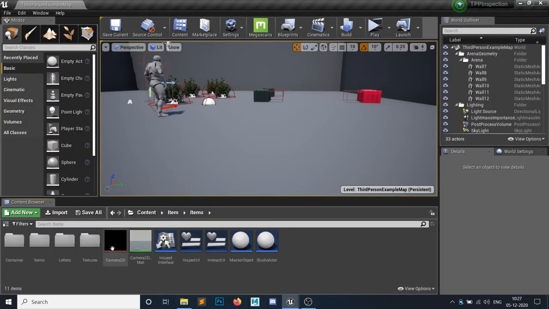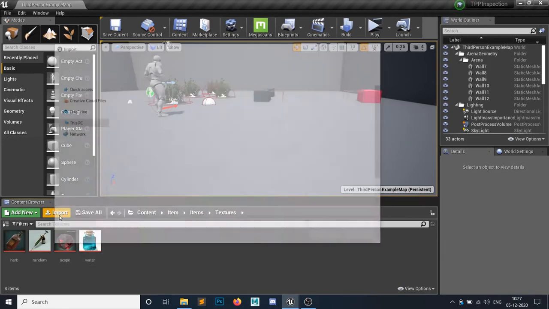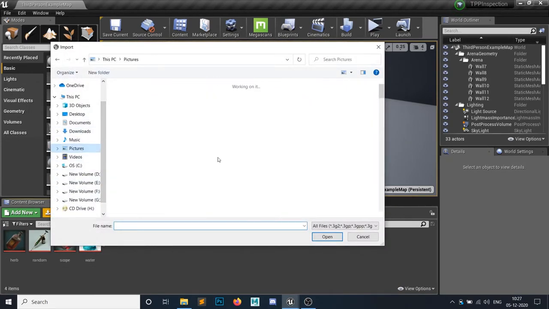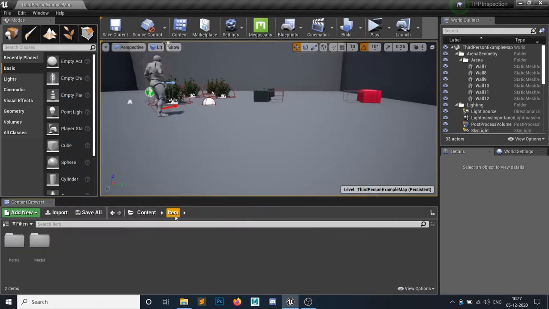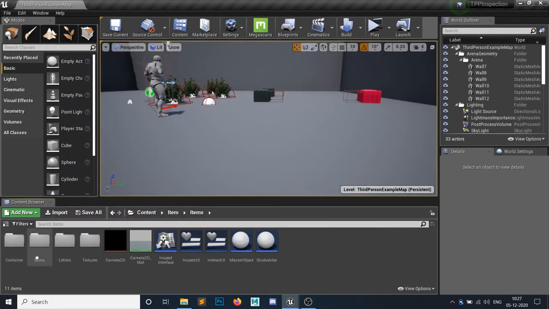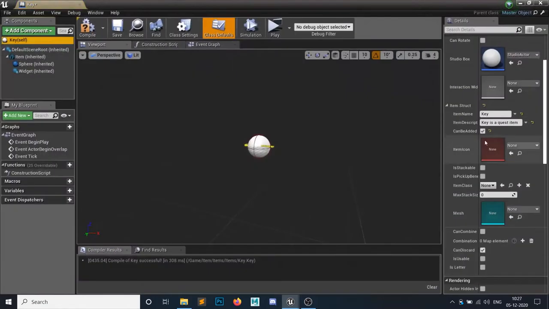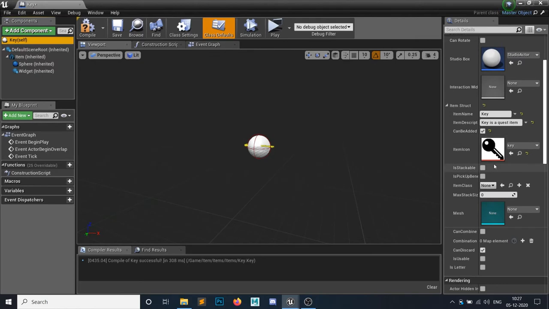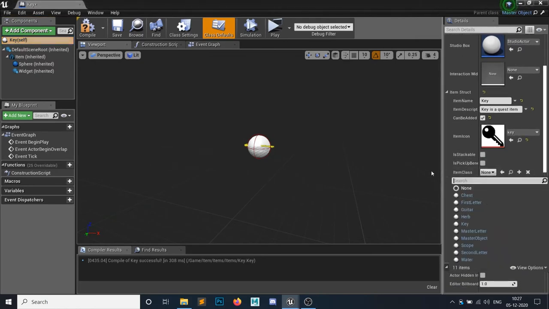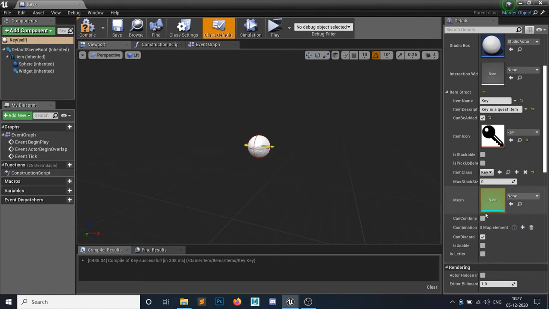The item icon, yes, we need an icon. So let me go in the textures and import a new icon. In the pictures, key icon, let's save. In the key, my icon is a key icon. Is it stackable? Yes or no, it depends on you. The class should be a key, and can discard should be false.